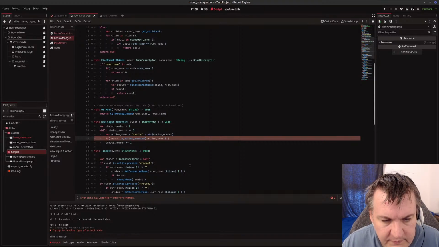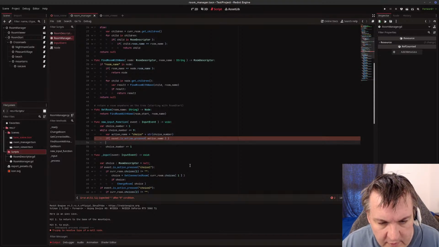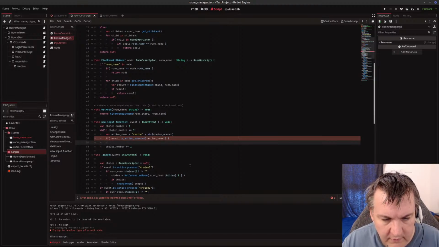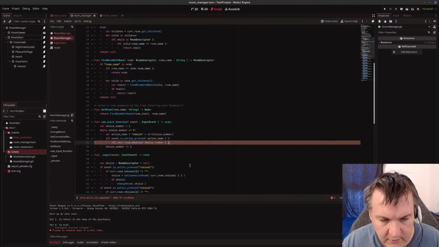Action name, colon, if current room dot choices choice number, I still want to put the parentheses around the if statement even though I don't have to. So not equal nothing. Then,